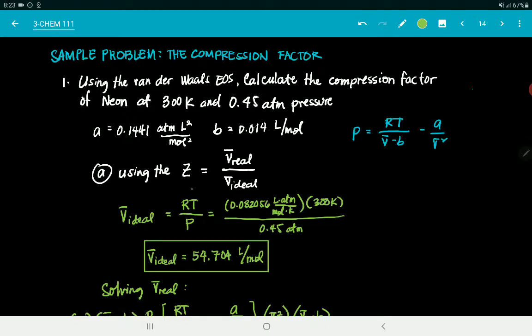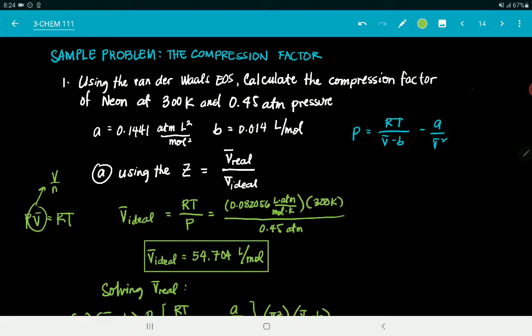So for the V bar ideal, we'll just use the ideal gas equation. So V bar ideal is equal to RT over P. Kasi diba, sa ideal gas equation, we have PV bar is equal to RT. You know that V bar is V over n. Kaya ang kanyang units ay liters per mole. Okay? Substituting the values, we have 0.082056, that's the constant R, liter atmosphere per mole Kelvin, times the temperature, 300 Kelvin, over the pressure, which is 0.45 atmospheres. So, ito yung kanyang V bar ideal,